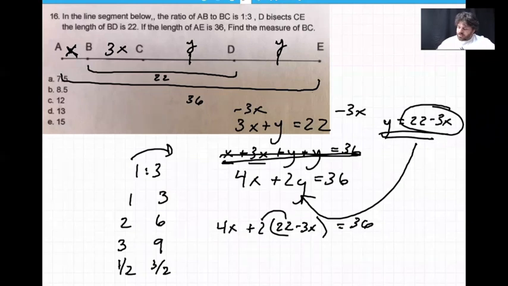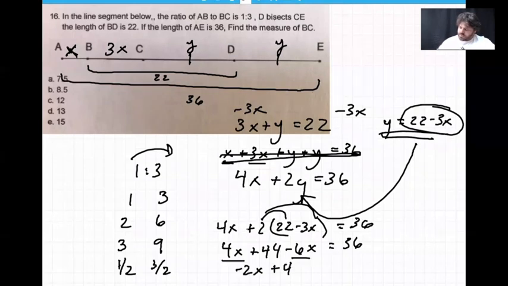Now, of course, I got to distribute here, but that's okay. 4x plus 44 minus 6x equals 36. Combine my like terms. That's 4x minus 6x is negative 2x plus 44 equals 36. Then I go ahead and subtract my 44 from both sides. I get negative 2x on the left, and on the right side I get negative 8. I divide out the negative 2, I'm going to get that x is equal to